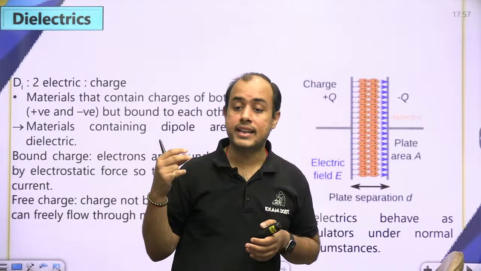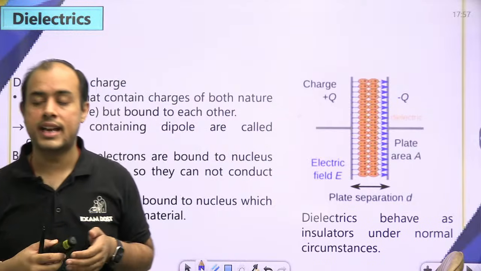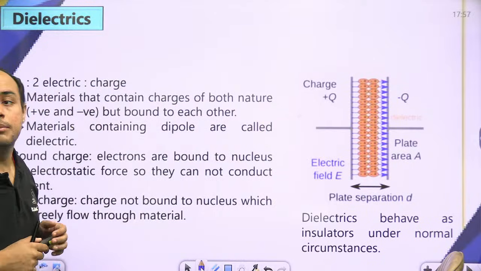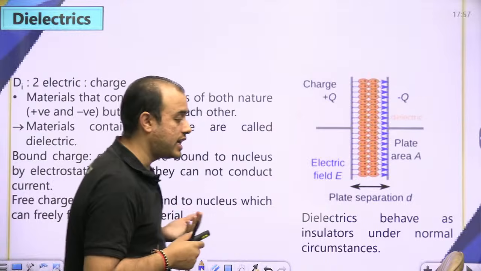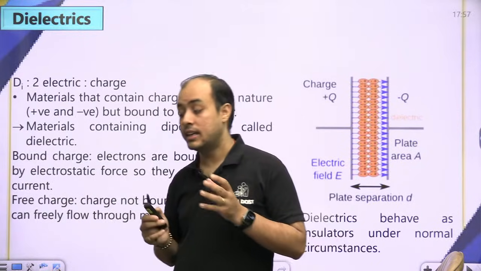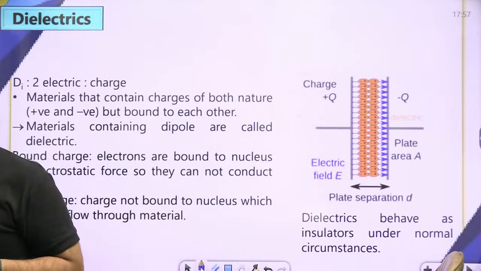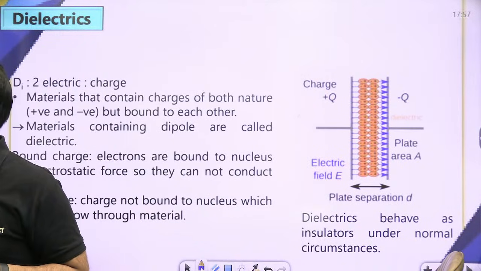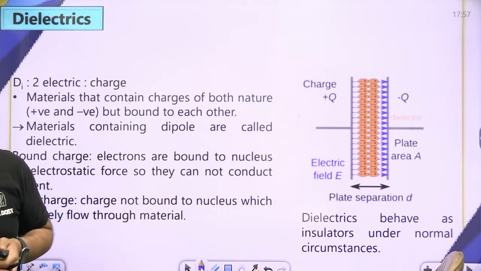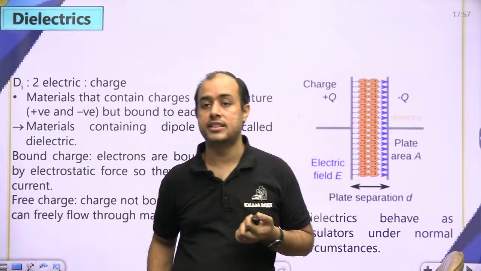So because it has two types of charges, positive and negative, it is known as a dielectric. But these charges are a part of a dipole. Now beta, a dipole is formed inside an atom. Like when inside an atom you have a nucleus and electrons are revolving around the nucleus. Then in that case, beta, within an atom I have positive and negative charges. एक एटम के अंदर ही पॉजिटिव और नेगेटिव चार्जेस होते हैं।